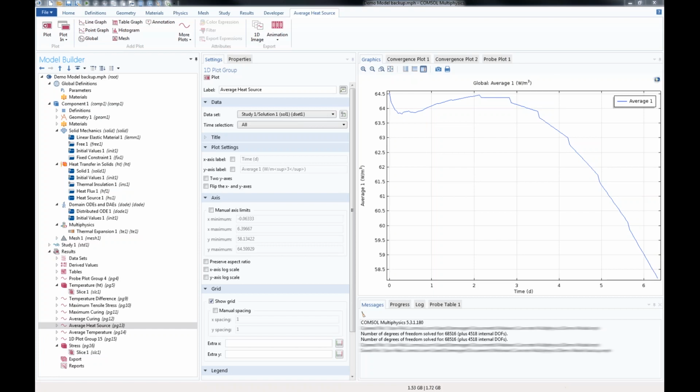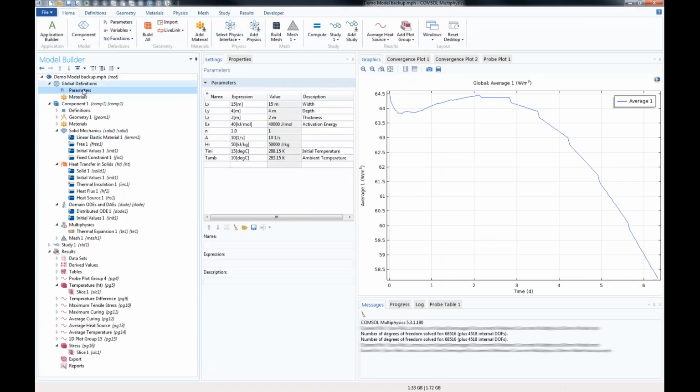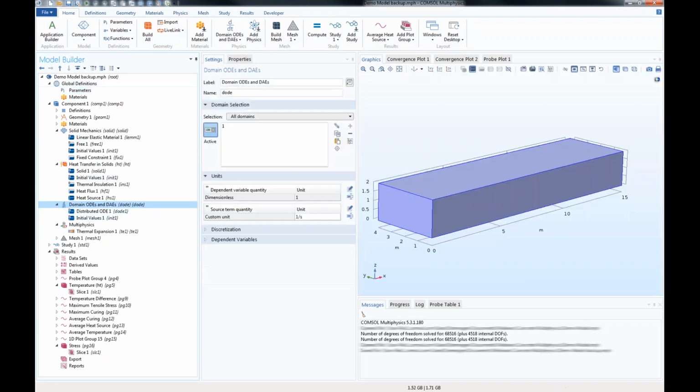Another question here, where do you enter EA? Oh, I entered them here under parameters, global definitions, parameters, I entered them there. Another question is,